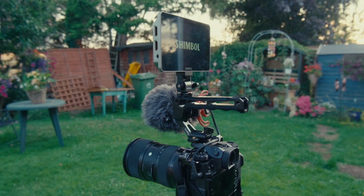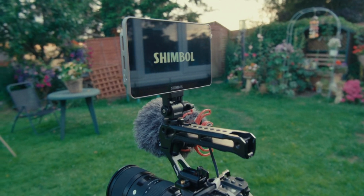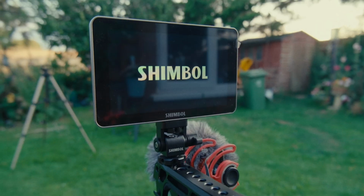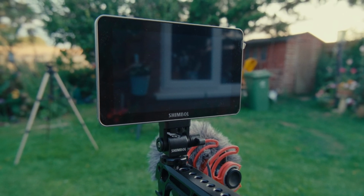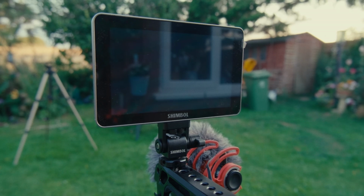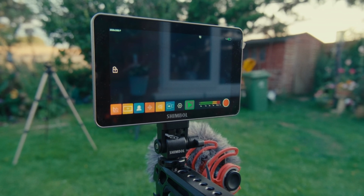So this is the Shimbol Memory I. It's a 5.5 inch 4K touchscreen recorder slash monitor. It retails for around $279 US. I'm just going to talk you through some of its features and what makes it a great budget